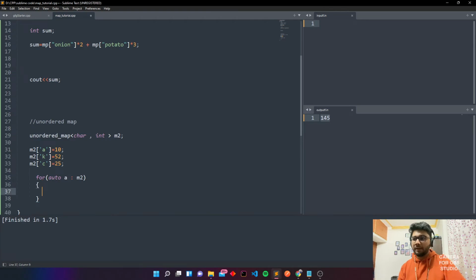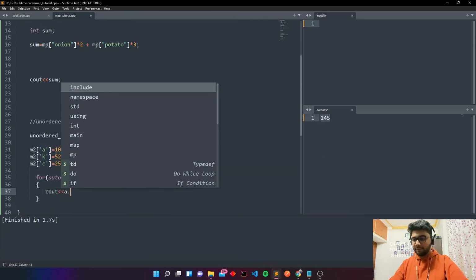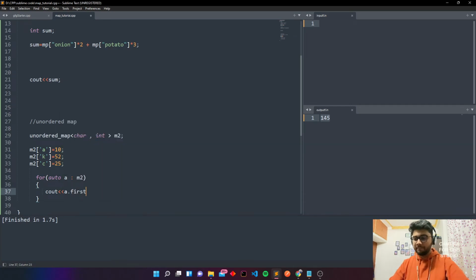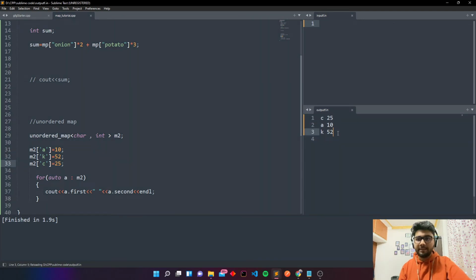Okay, and to print this, cout a dot first. So here you can see the values c 25, a 10, k 50.